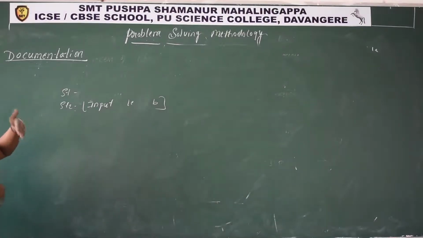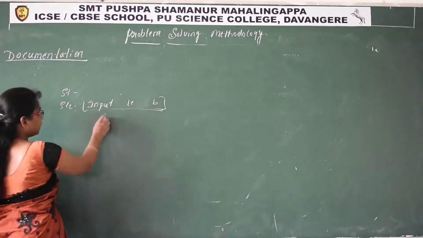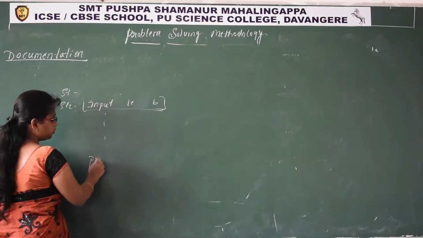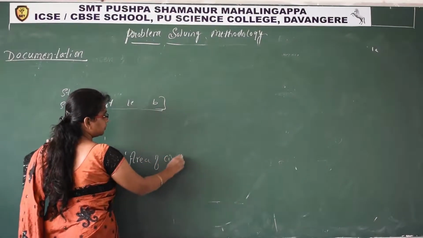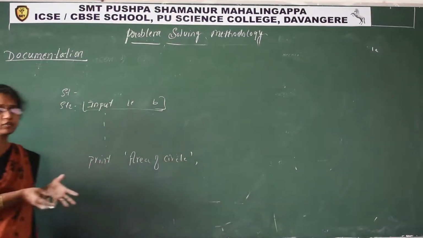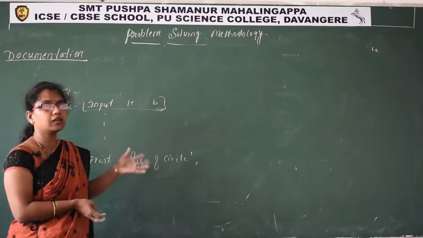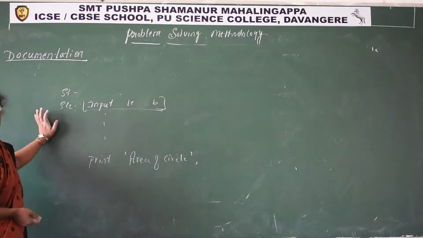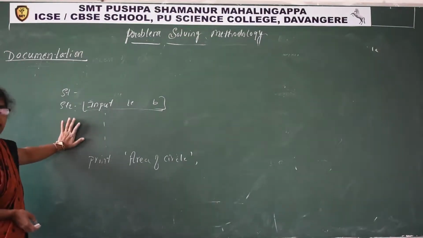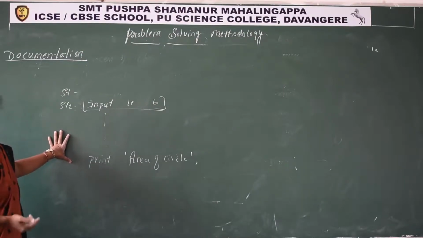Within the problem statement, while writing the solution, we are writing comments. And after calculation, while displaying the output, print, we had written this text, area of circle. Directly we can display the content of the result, the content of a variable. The area is stored in which variable? Area. In the previous algorithm, area of circle and circumference of circle, I had taken a variable, that is area, to store the area of circle.